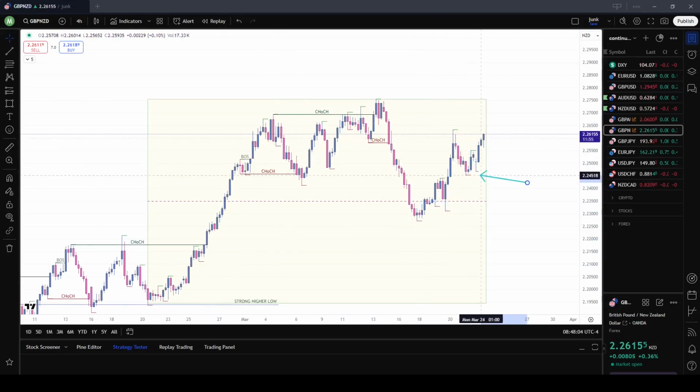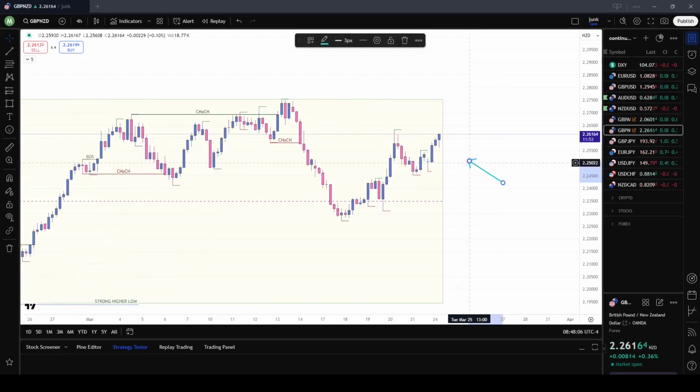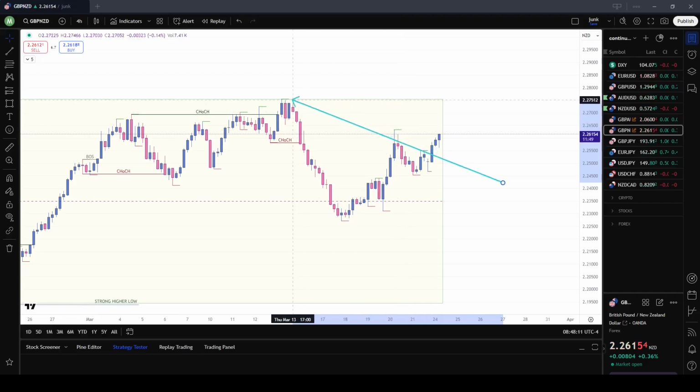So now we're looking for any type of buying opportunities as prices continue to push higher. It looks like it's going to take out this high, and we can expect prices to take out the high of the range. Any type of retracement looks like it has been bullish since the end of last week, and prices continue to push higher. So we're looking for any type of